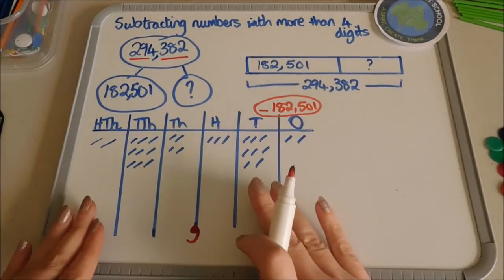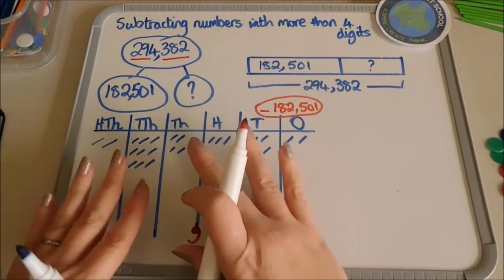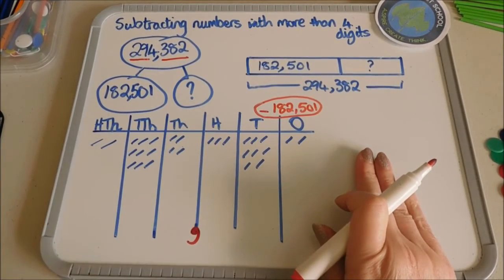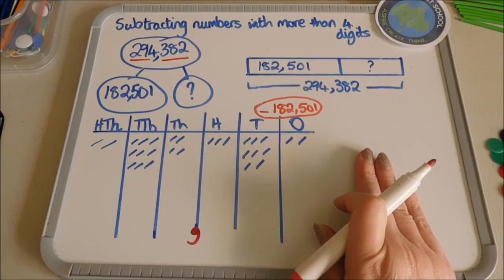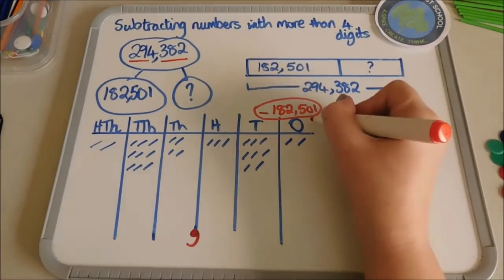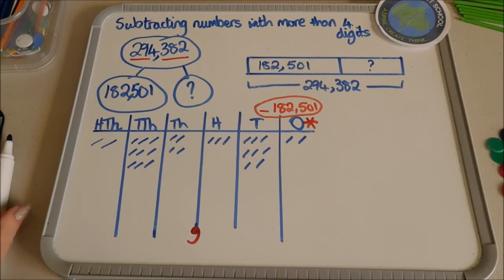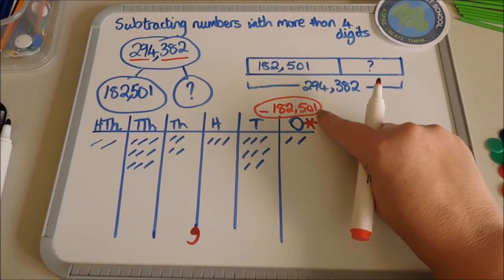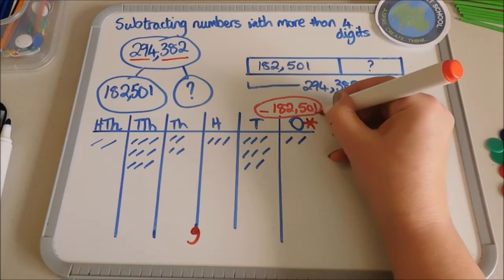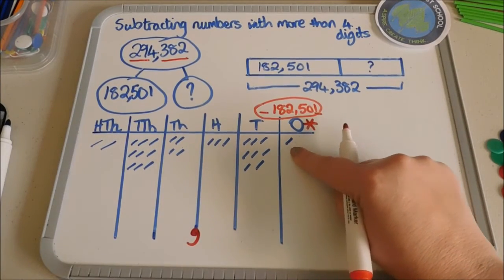Okay, now the children can do just the grid, and when they are more confident they can do the grid and have the column method at the side at the same time. But for now I will show you how we would do the grid. So we always start with the smallest column when we are subtracting. In this case it is the ones. So I'm going to subtract 1 from the ones. Okay, so I'm going to take away 1 from the ones,